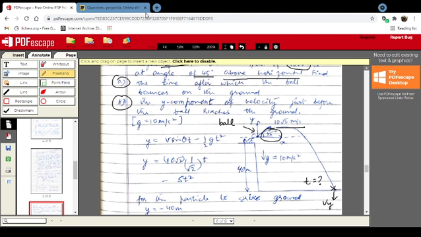So in projectile motion, we have been writing the equations in x and y direction separately. So here also we will be doing that. Here we have written the equation of y in y direction: v sin theta t minus half g t square. So we know the velocity of the body, that is 10 root 2, sin theta, that is 1 by root 2 as theta is 45 degree, and time t, which we have to find, minus acceleration due to gravity g by 2, that is 5 into t square.